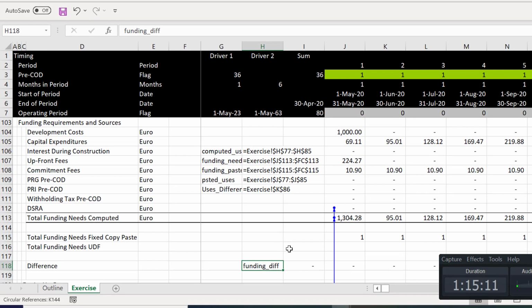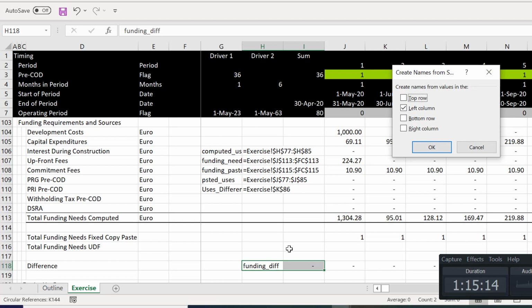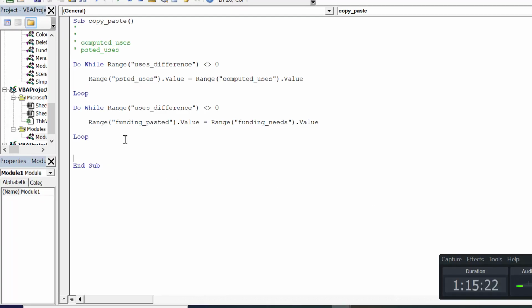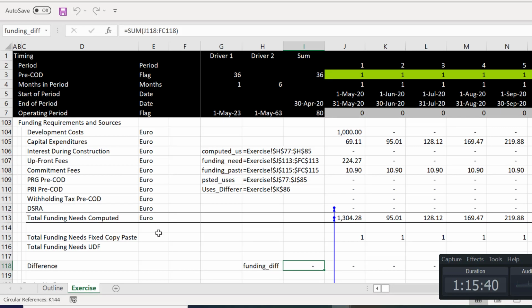And finally, I'll use Shift Control F3, which I should have been maybe using before. And the other thing I want to show you is that this takes a little bit of time to go through all of this, doesn't it? Funding, and we're doing all this just so every time we have any little change, we've got to run through the whole copy paste thing, which, okay,